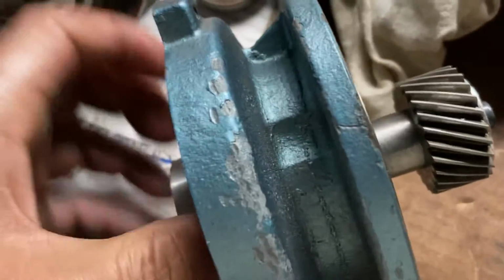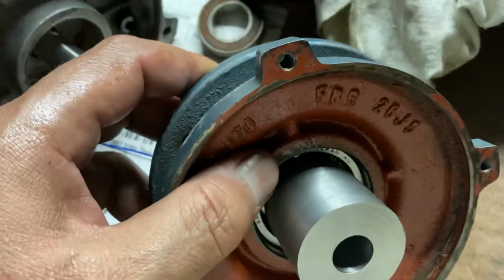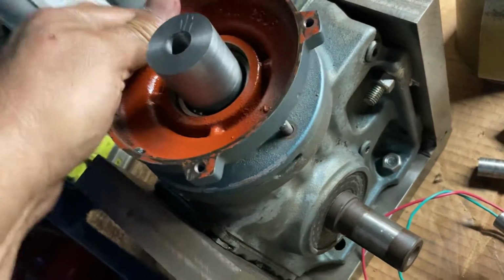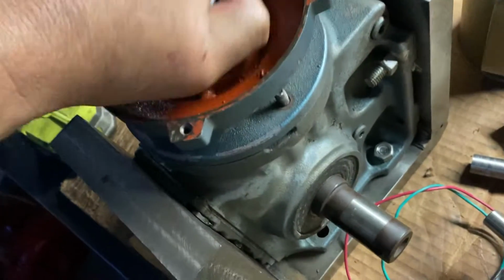Put a spacer in there. Put a spacer back in the washer in front of the bearing. So if you look at it from here, it meshes up. Now as I turn this thing,